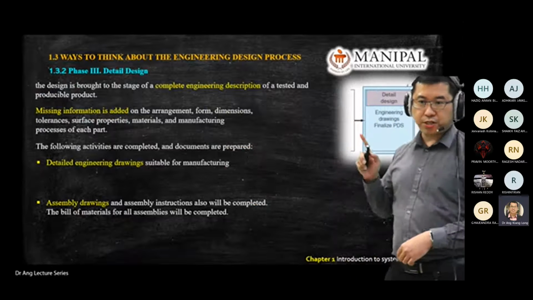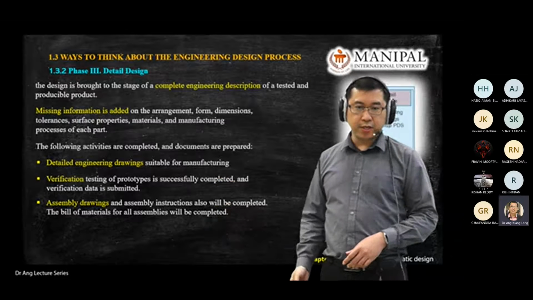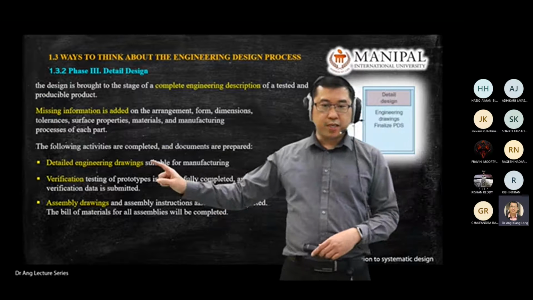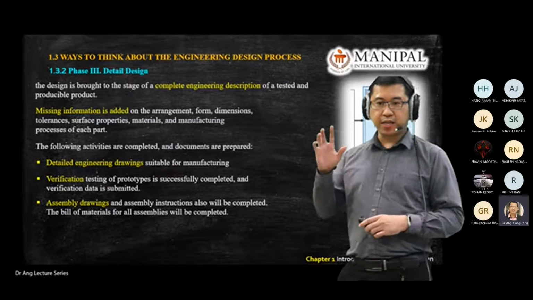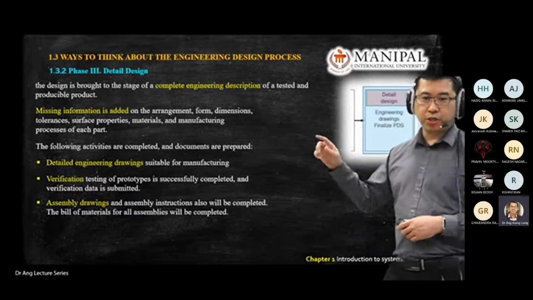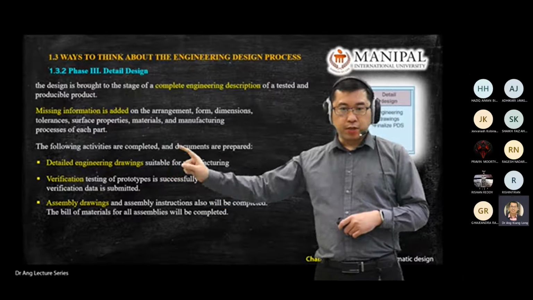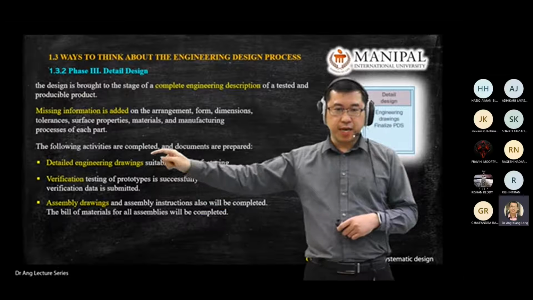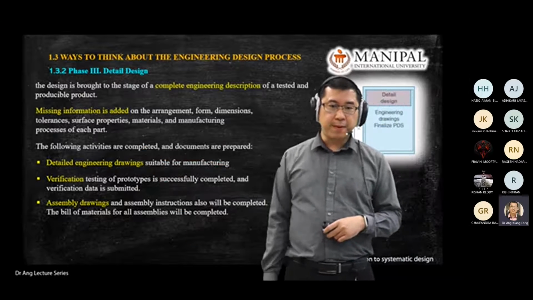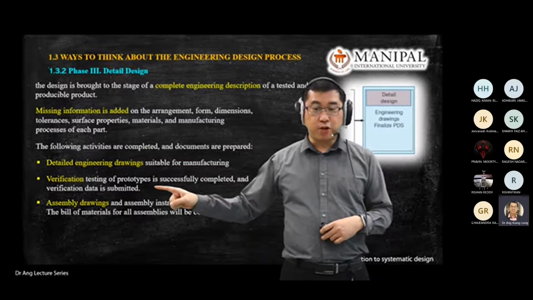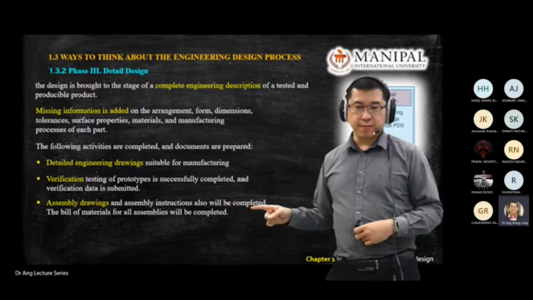When it comes to the last stage, detailed design, we will have all these important keywords. You will see that you're generating 2D detailed technical drawings in Capstone Design 2, when you reach detailed design next semester. When you reach the detailed design stage, you will see engineering design in detail. Then you will do verification of the prototype. In this case, you will verify your prototype, your go-kart fabricated in a workshop, by field test, meaning we will